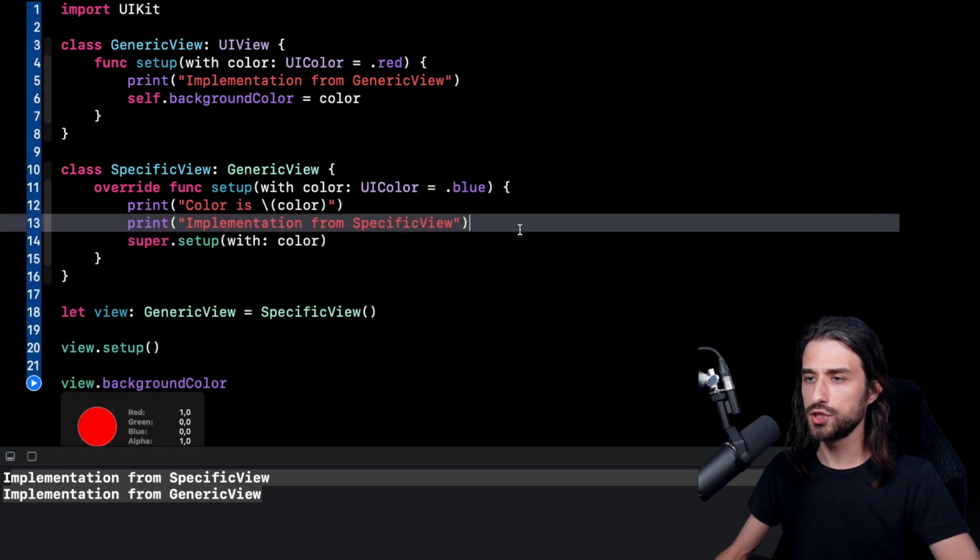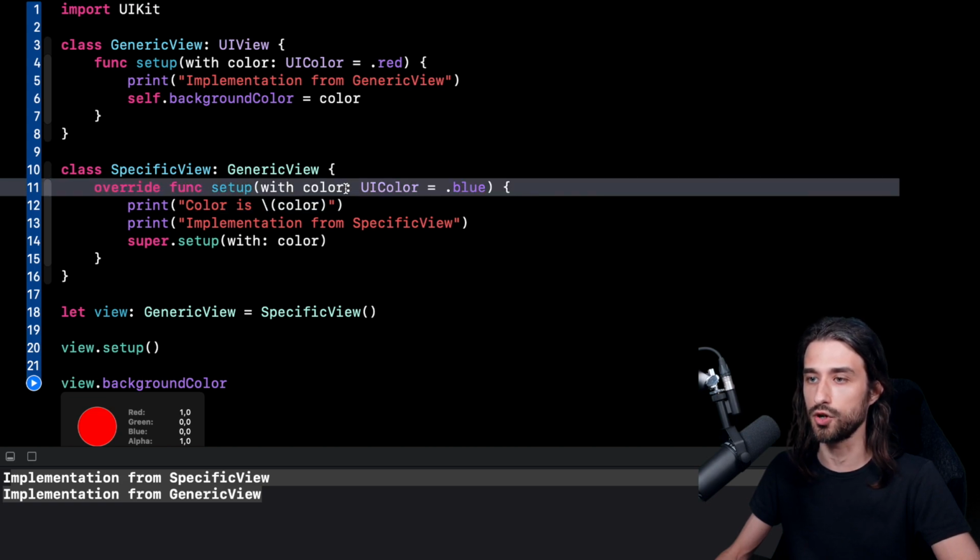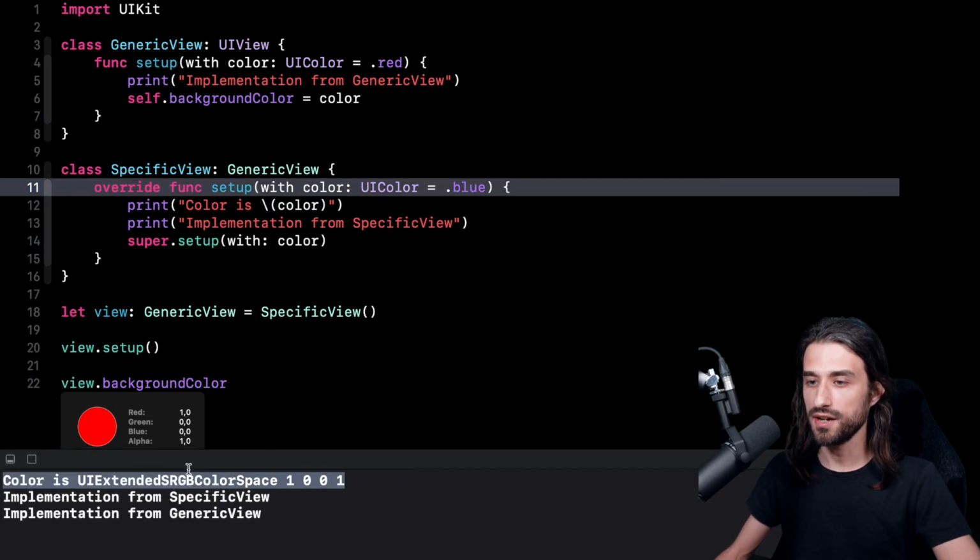So to be absolutely sure about what's happening, you can see I have added a new print statement, and this time I am just going to print the content of color. This way we can see what is the value inside the argument color when the method is called. So we have the result in the console. The color is printed in RGB format, but you can see there is one for the red component, so the color is red, even though the default value is blue, which is super weird. But as you can imagine, there is a good reason for it. It's a good reason, but it's also an incredibly confusing reason.